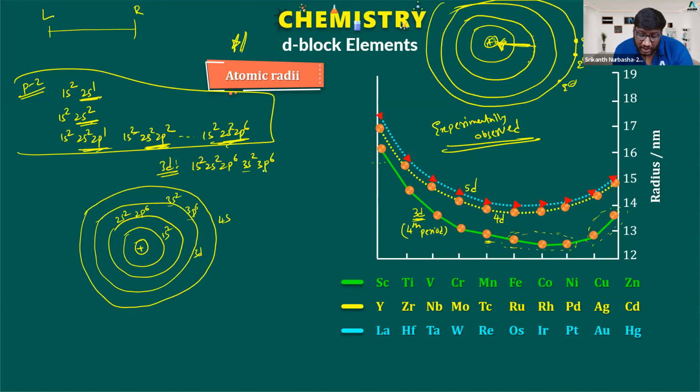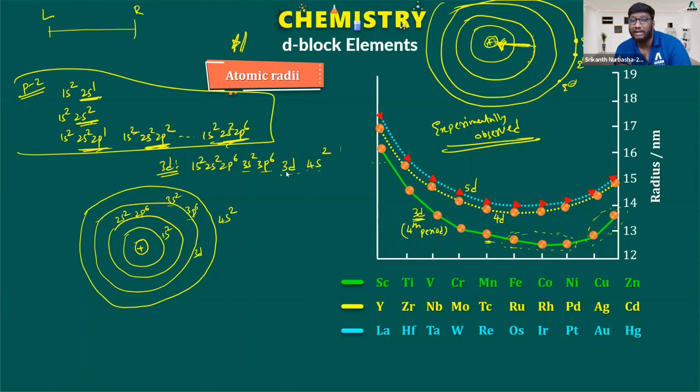But after filling 3s2 and 3p6, the next electrons enter which subshell, 3d or 4s? 4s. So 3d is 0, I am writing as of now. In the 3d we are not filling electrons. In the 4s we have to fill 2 electrons. After filling 2 electrons in the 4s2, then you get the 3d series where the 3d subshell is filled.